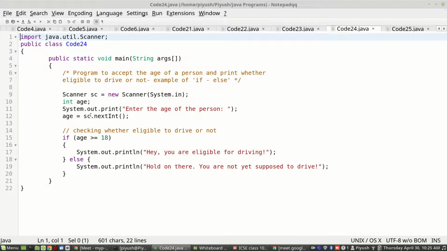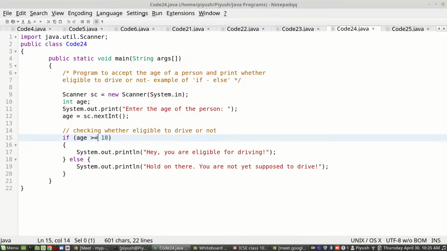So what we will do is, we will expect the user to input an integer value. We'll take one variable identified by the name age. We will ask that age from the user, put that value in the variable age, and then we will check whether that age is greater than or equal to 18.